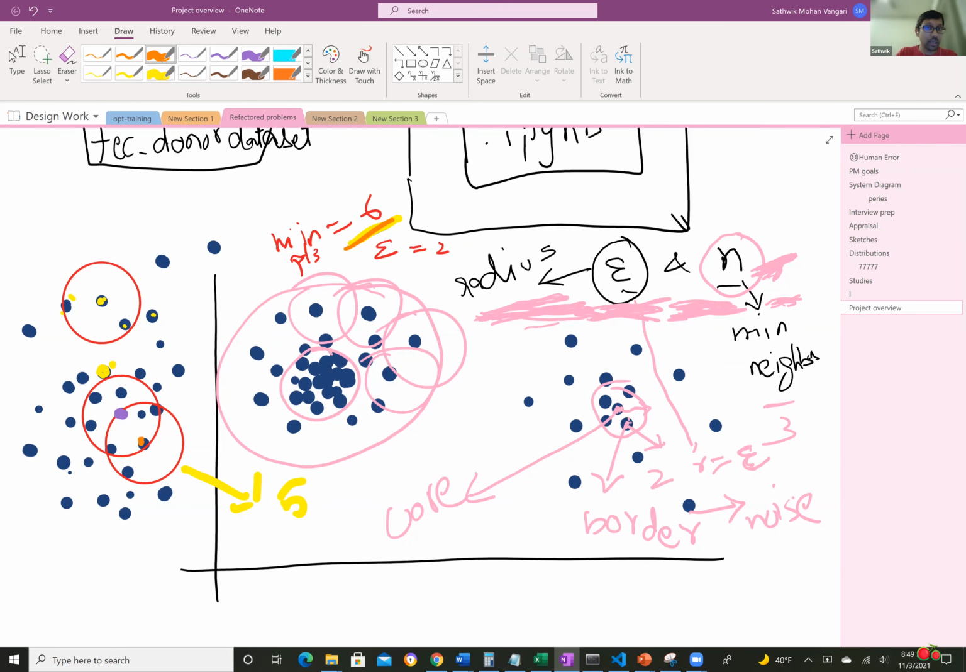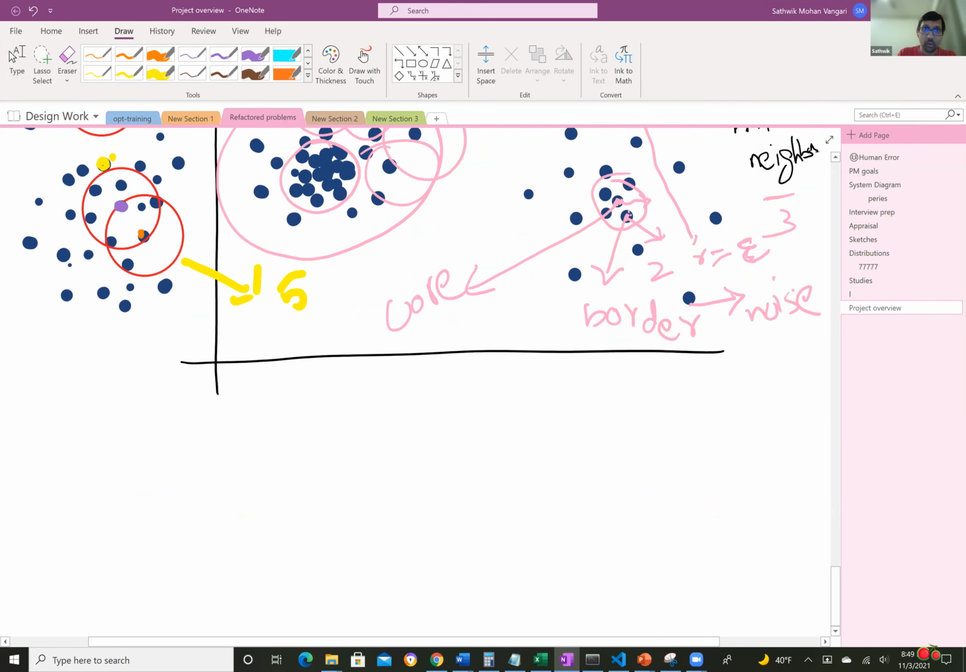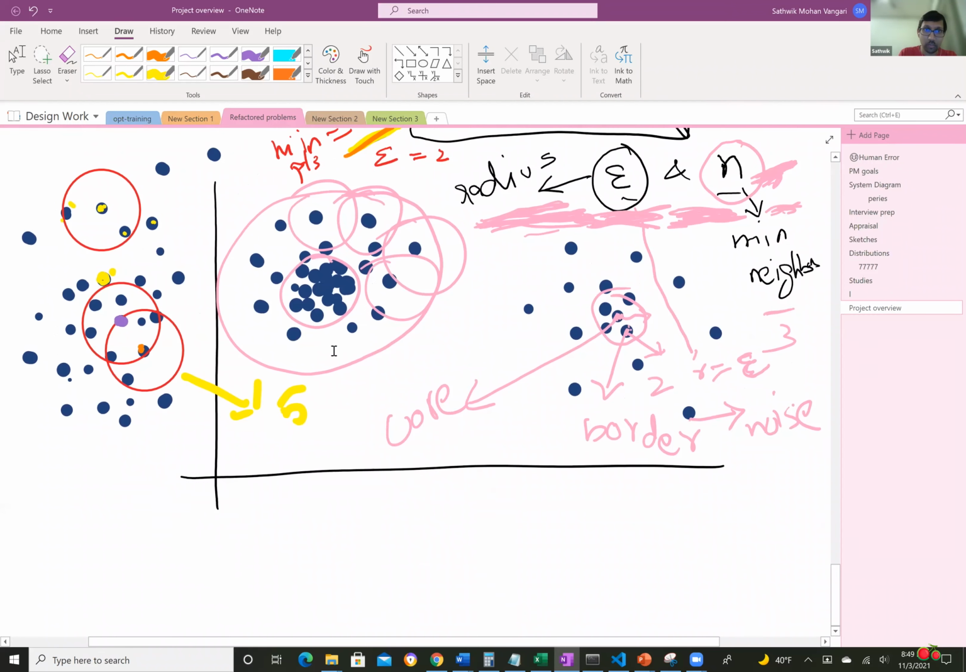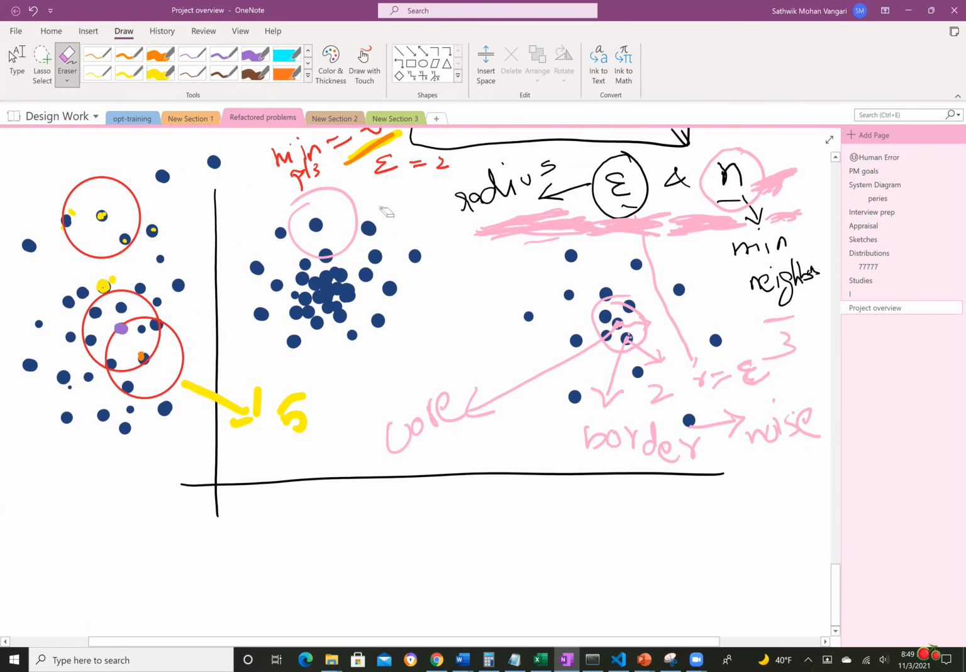I'll tell you exactly what I mean. If you see this, can you all tell me where the density of the structure is? Where there's more density of the points? Right in the middle, right? This one right here. Now, if you see these points all around,